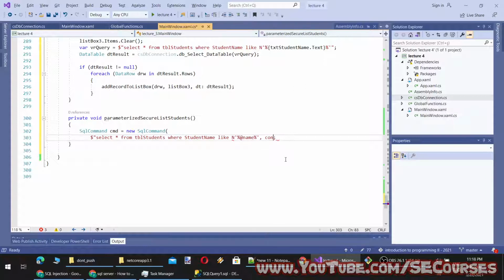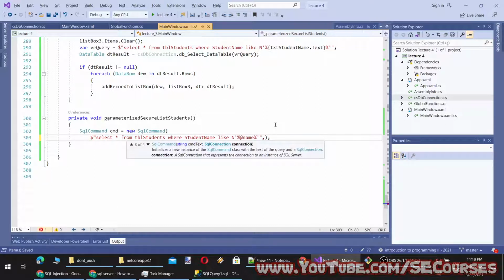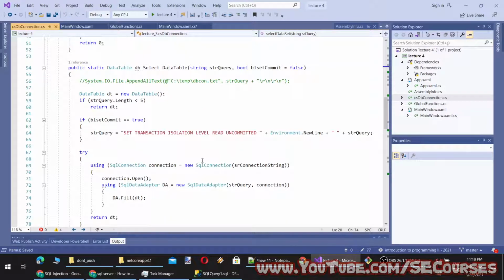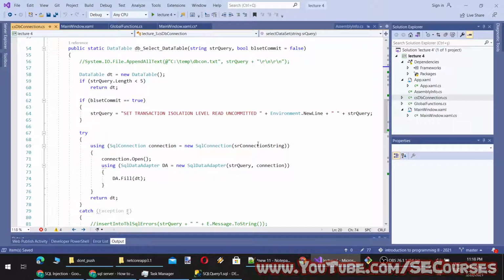And this will be our SQL command. SQL command also takes an SQL connection, and let's get the connection from our connection code from here.